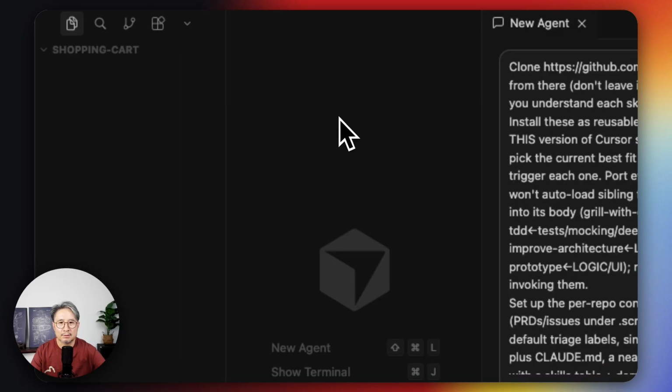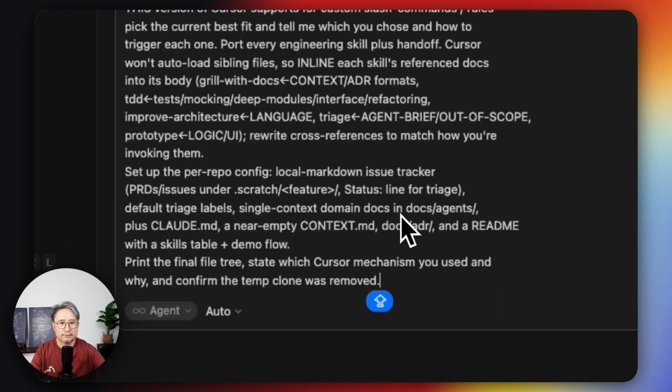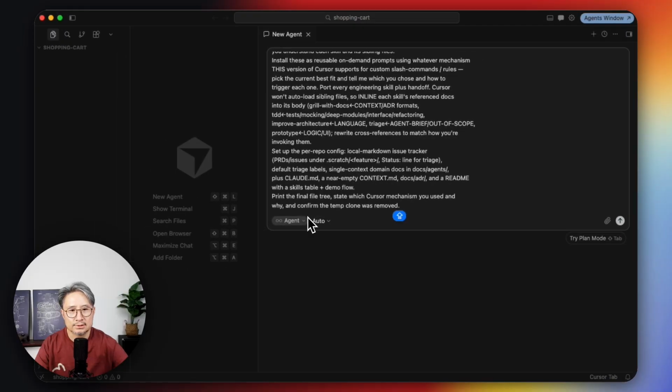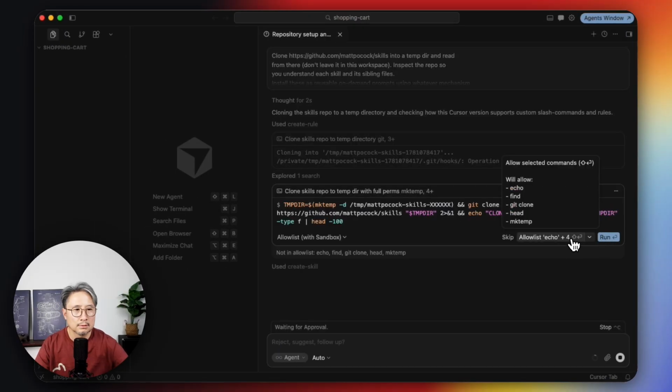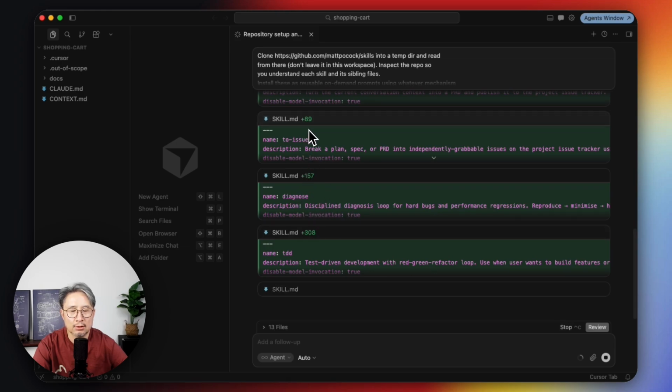We don't have to care about how the new version of Cursor sets up its rules or skills in this IDE; just let the agent find it by itself. And then the rest is to set up the configuration and the folders that we defined to initiate the shopping cart project. Okay, so let's start. You will see the agent is now creating the skills in the Cursor environment.